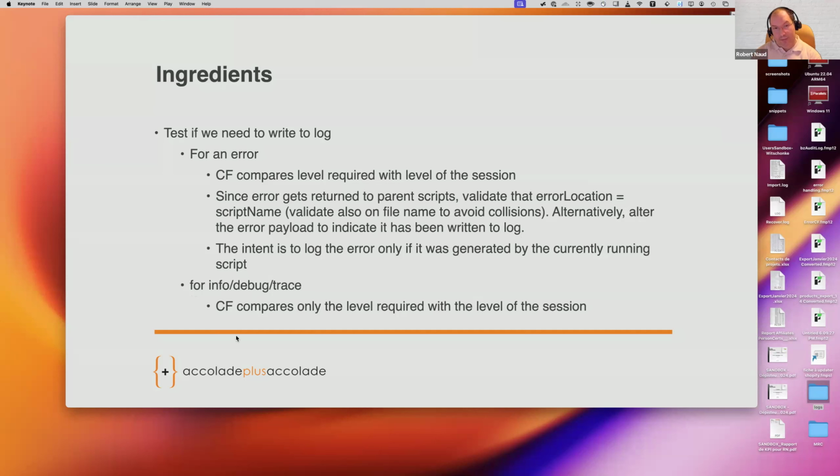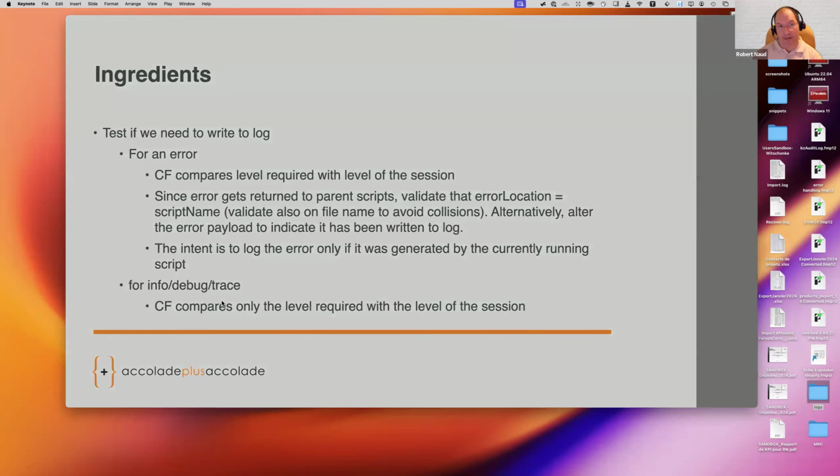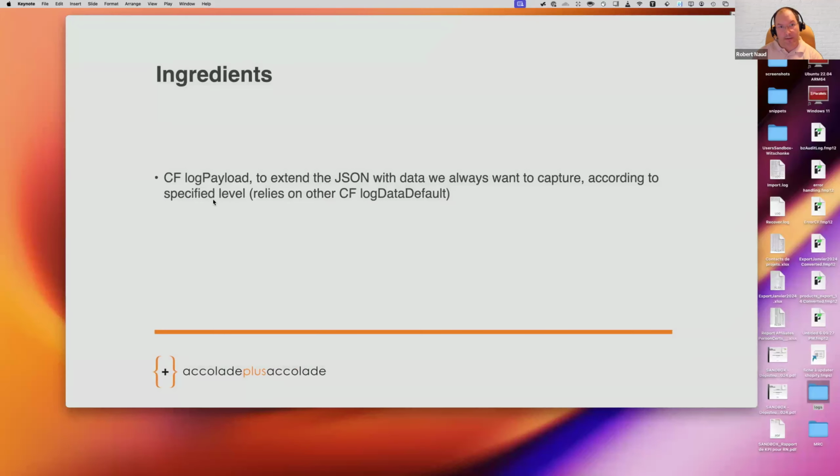a custom function that compares, for info, debug and trace, the level required with the level of the session. So now that we're no longer dealing with errors, those get logged every time, provided they match the correct error level. And lastly, we have